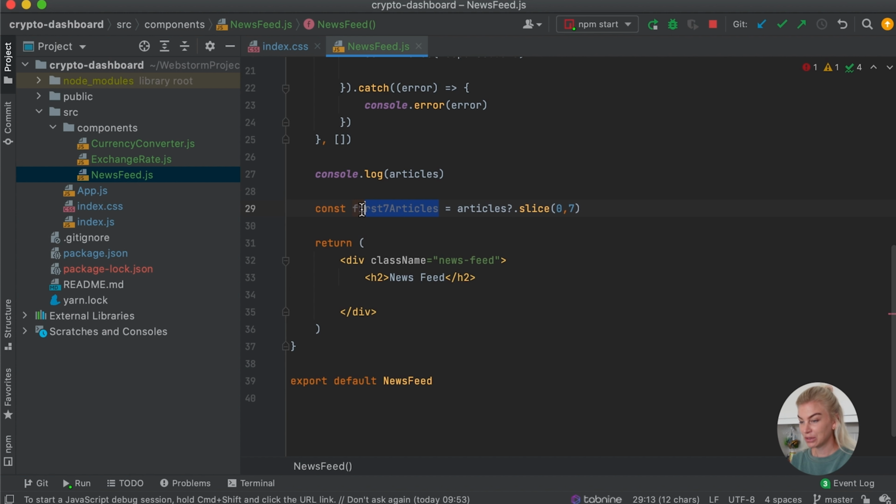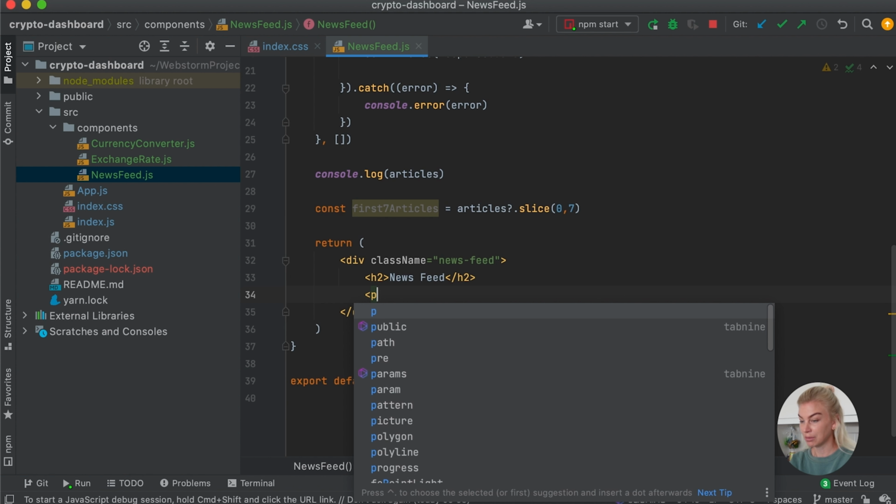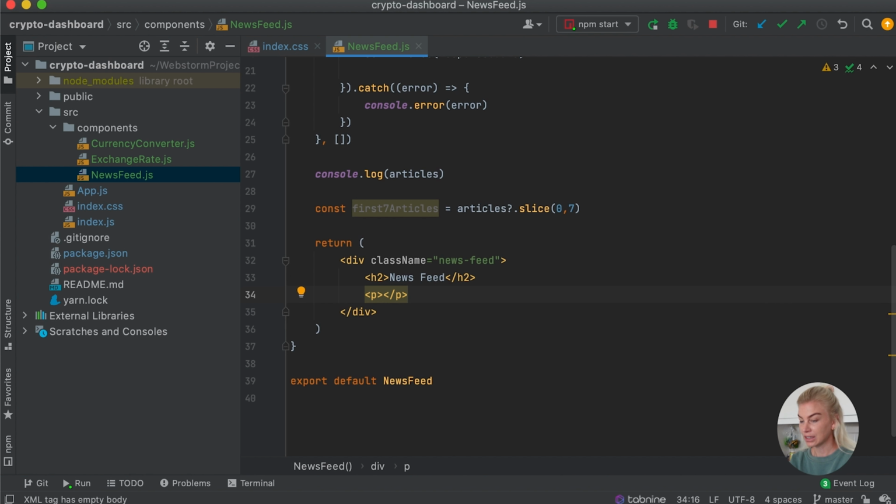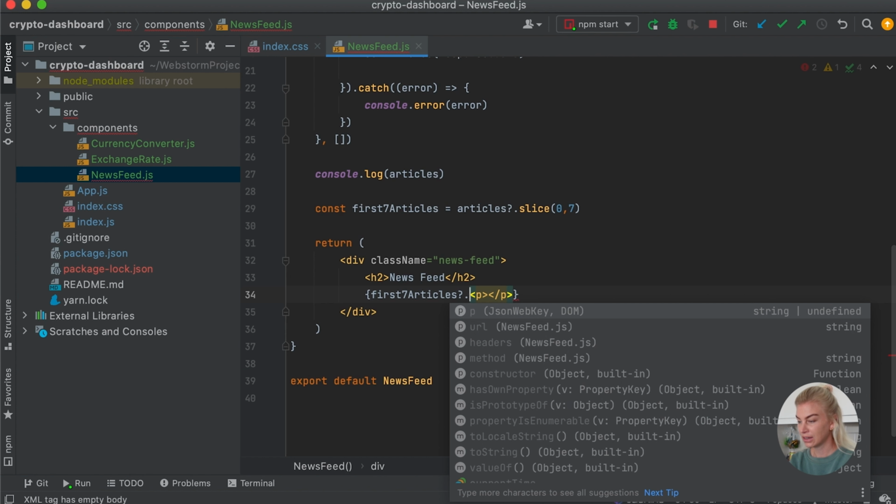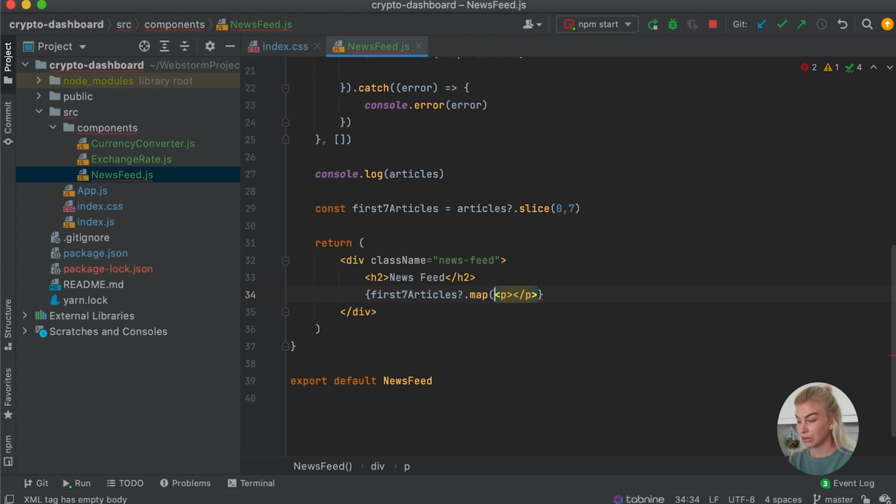And once we have those first 7 articles, well, this is the array that I want to map onto something. And I think we can just map this onto a p tag, just like so. So let's get our curly braces up again. And I'm getting the first 7 news articles. And if they exist, I want to then map that onto the p tag. Okay. So for each article,